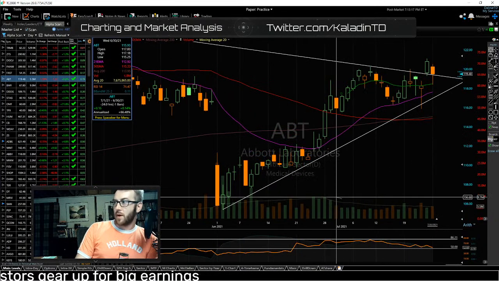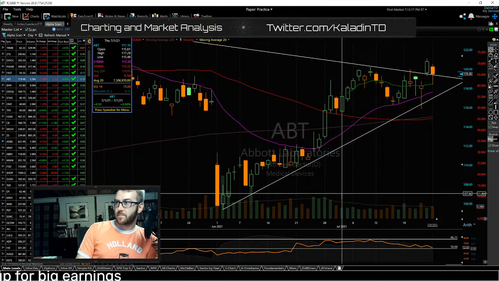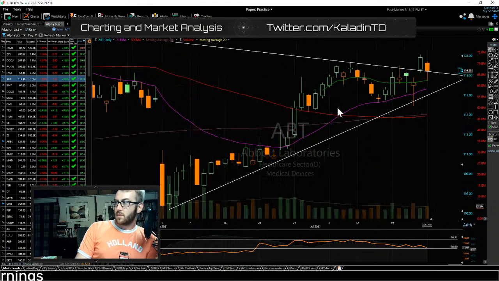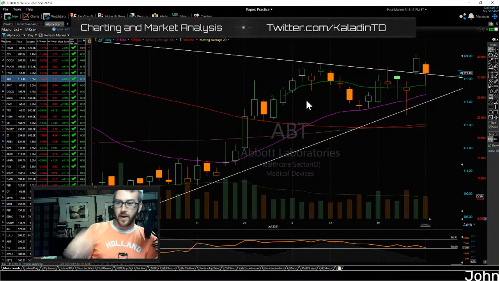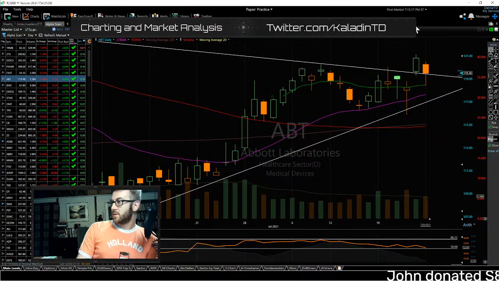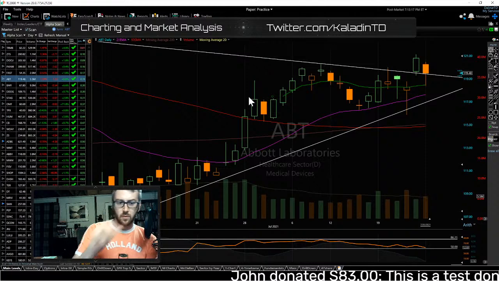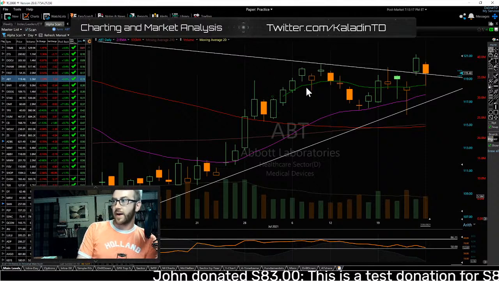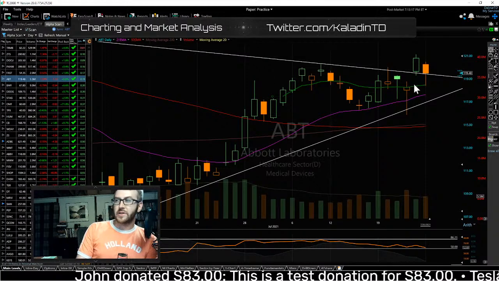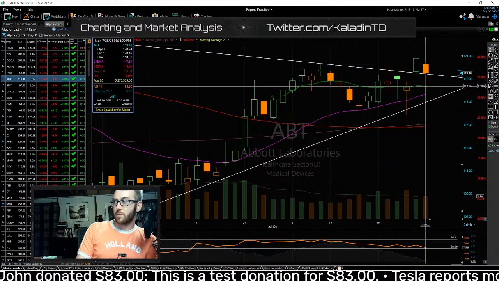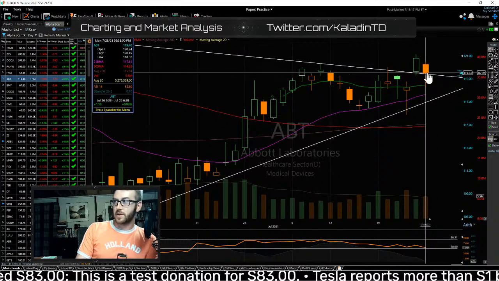hit this month-to-date anchored VWAP. This green line is the month-to-date. I use all sorts of different anchored volume-weighted average price lines, and the month to date tends to be a good one. So it came down, perfectly hit that, and we ended up closing